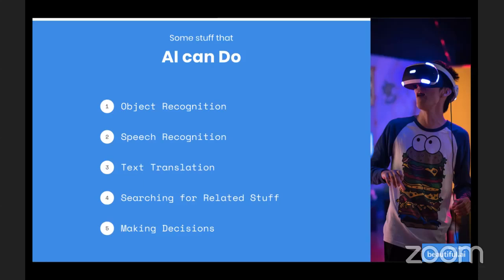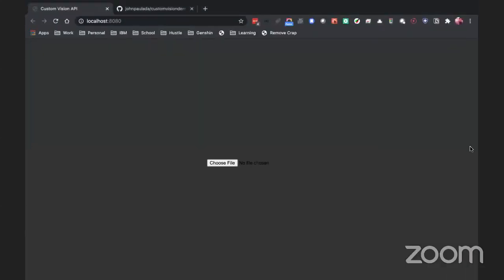So those are some of the stuff that AI can do. So what are the other stuff that AI can do? These are the things that are traditionally, when you think AI, usually things that it can do easily. As long as it's something that can be done by a human, you can imagine that it can be done by AI. So what are the other things that AI can do? So interestingly,